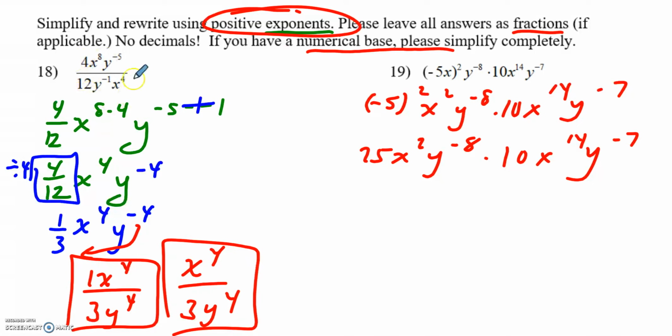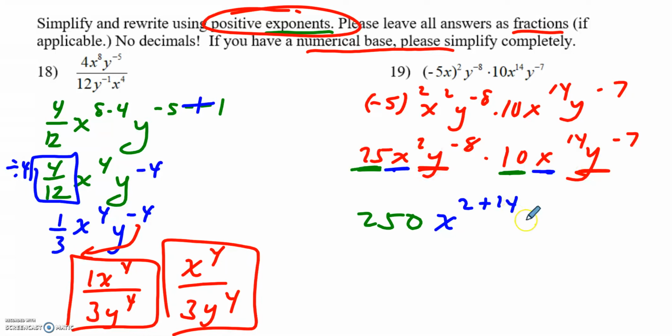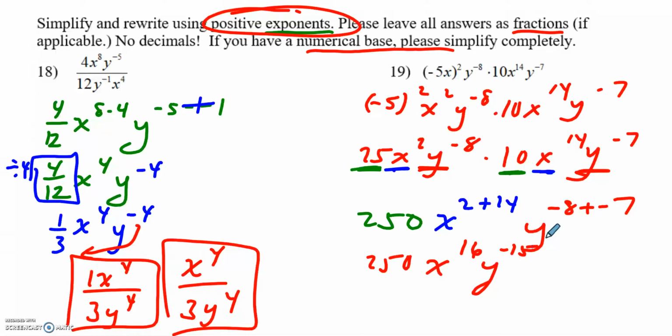Unlike number 18 where I'm dividing, now I'm multiplying everything. So if we multiply straight across, we would multiply the numbers 25 times 10, and that would get me 250. I then would look at my like bases, and this is a circumstance where you add the exponents. X to the 2 plus 14 power, and then y to the negative 8th and y to the negative 7th will be y to the negative 8 plus negative 7 power. So my answer so far would be 250, x to the 16th, y to the negative 15th,